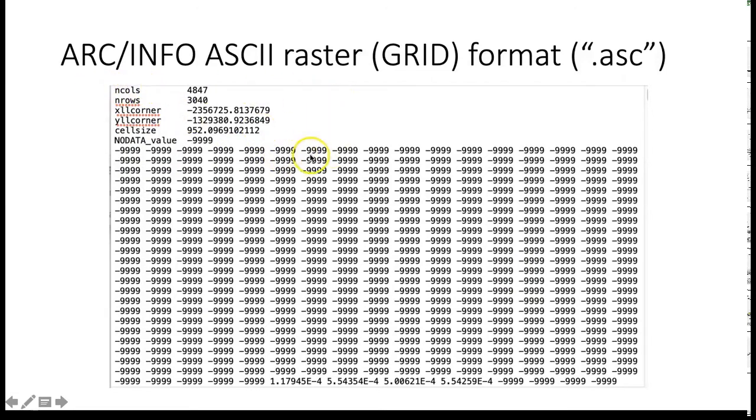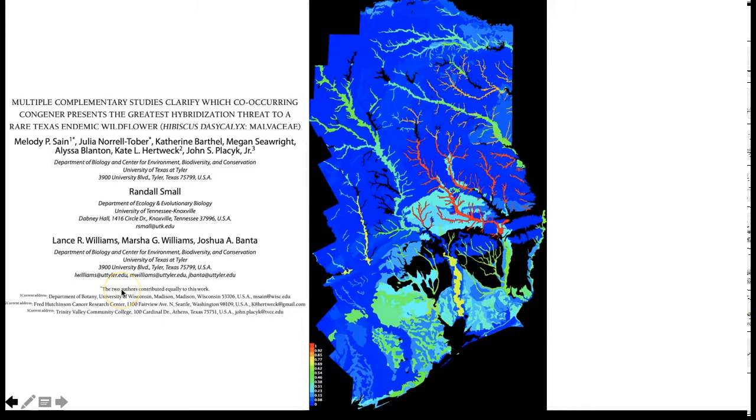And then in the corner of this ASCII grid file, you have some other attributes about the raster, such as its overall size, the coordinates of the lower left corner, and the resolution of the raster. So this is a very simple portable file format, and this is the file format of raster data that's used